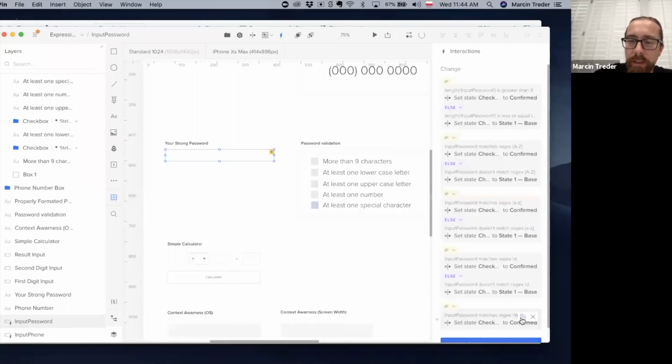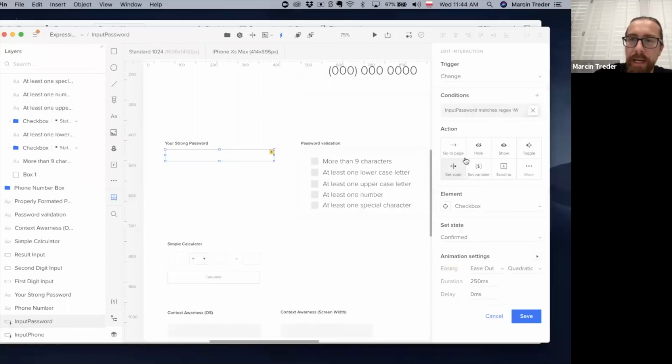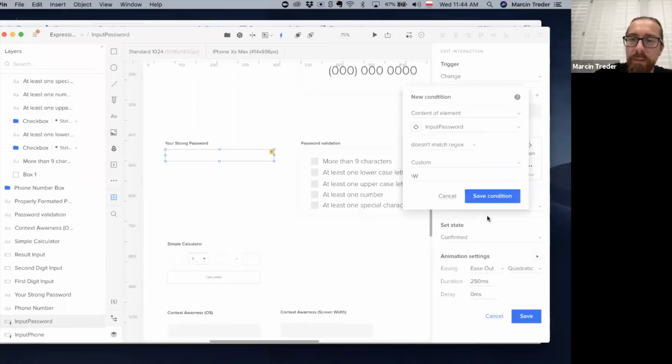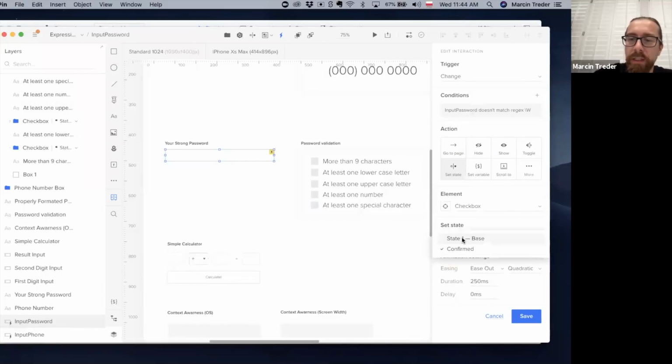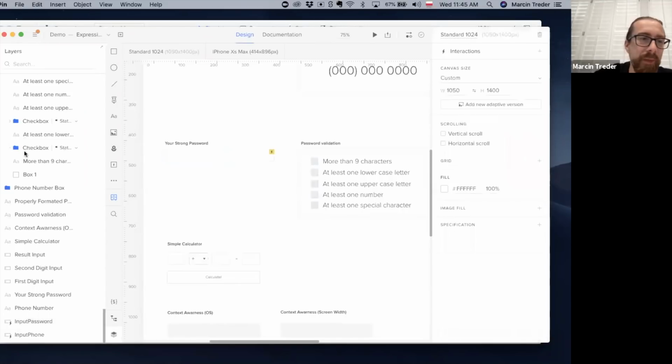Cool. And duplicate this element. And now we have to just switch it to doesn't match regular expression and switch it back to base. Okay. So we have a bunch of interactions. Well, 2 interactions for every checkbox. Okay. But what we also have